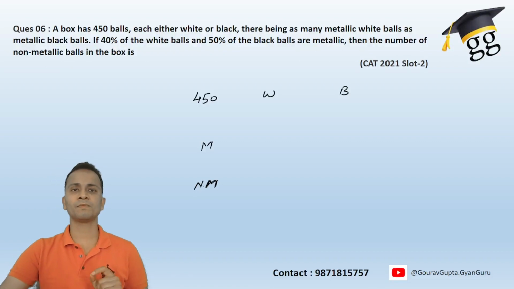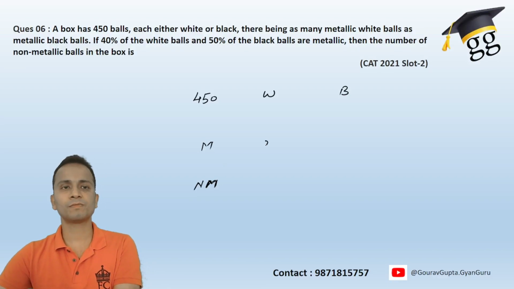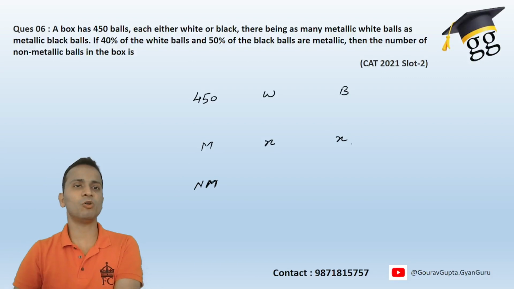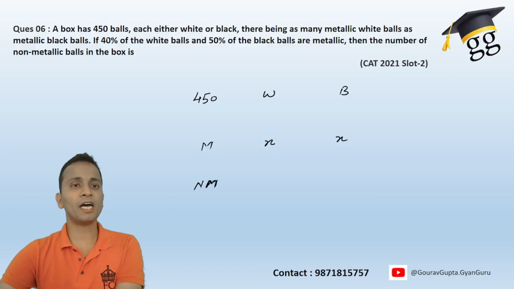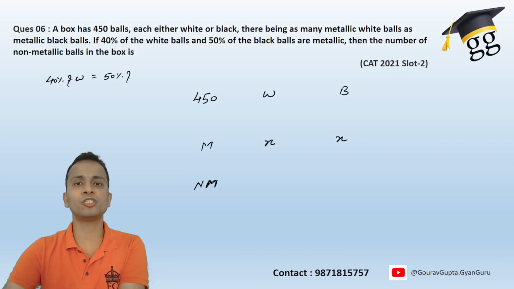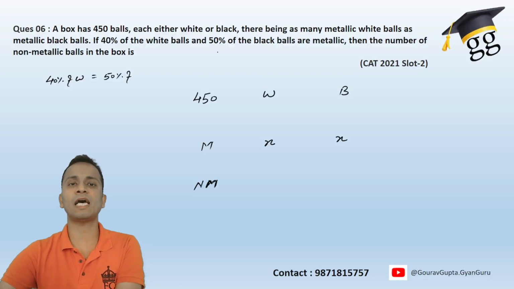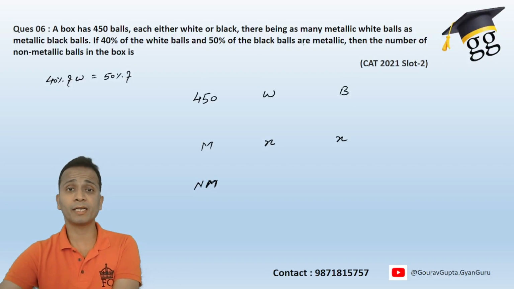So they are saying that there being as many metallic white balls as metallic black balls. So these balls, number of balls are equal. Now if 40% of white balls, total white balls, so 40% of W is equal to 50% of black balls. If 40% of white balls and 50% of black balls are metallic, okay, so